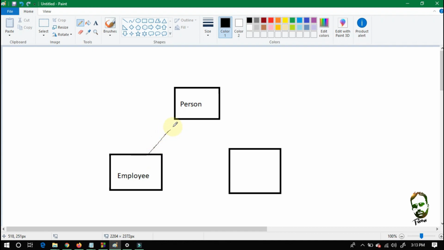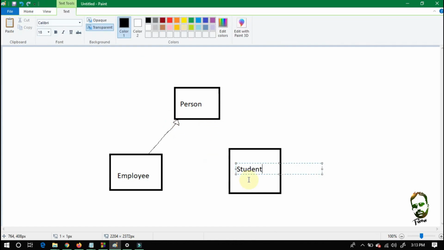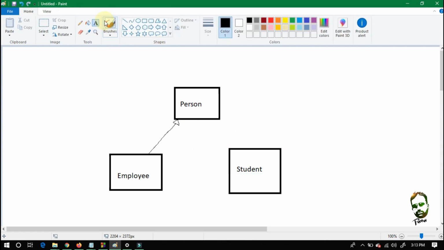To represent the relationship between employee and person class, you have to make an arrow, and the direction of the arrow should be from the child class towards the parent class. The other class is, let's suppose, the student class, and the arrow should be from the student class towards the person class. So you can see from this example that there is only one parent and there are two children, employee and student.